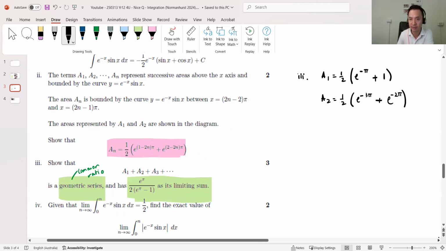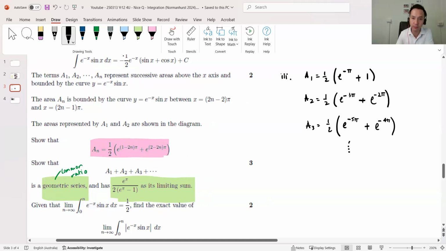Yeah. Let's do A3, right? Let's establish a pattern. When n equals 3, that's e minus 5 pi plus e minus 4 pi. All right, and so on and so forth, right? Now I'm hoping that if I take, so 4